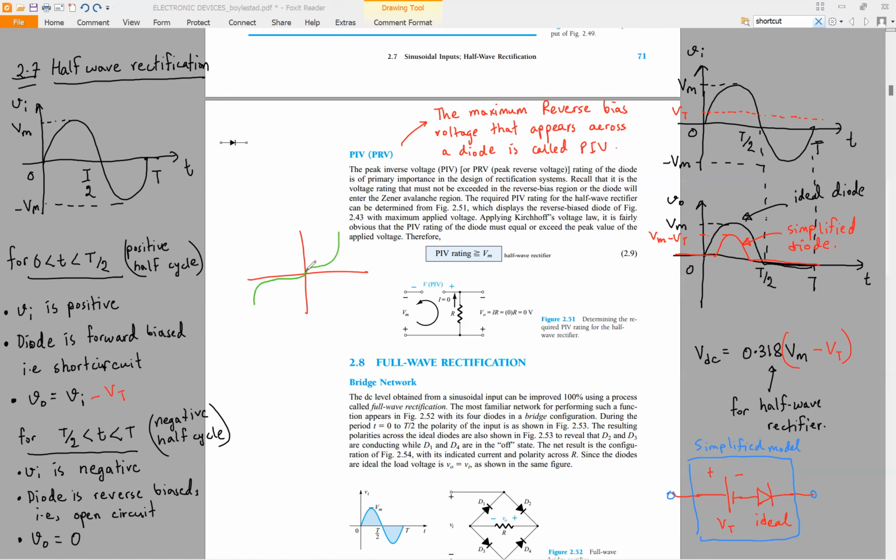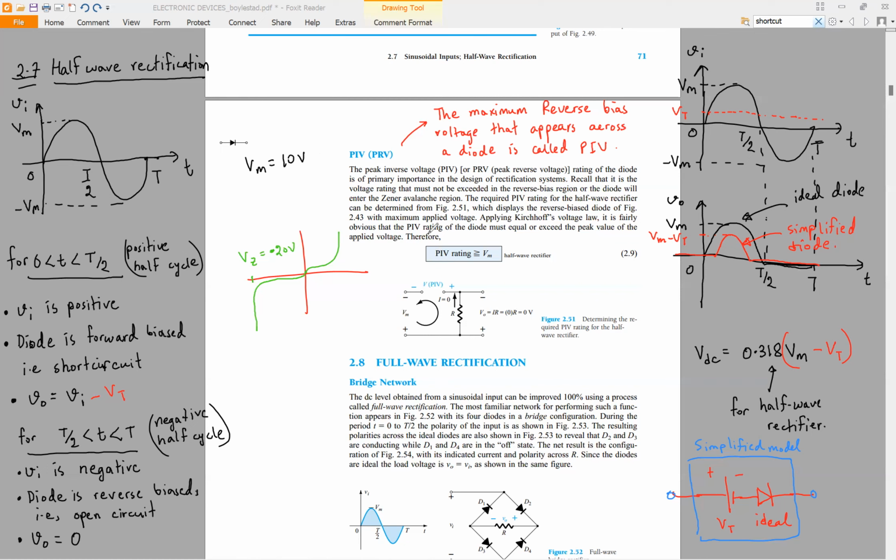Okay, so this is the Zener voltage Vz. Suppose our Zener voltage is, let's say, minus 20 volt. Now if our input voltage Vm is 10 volt,